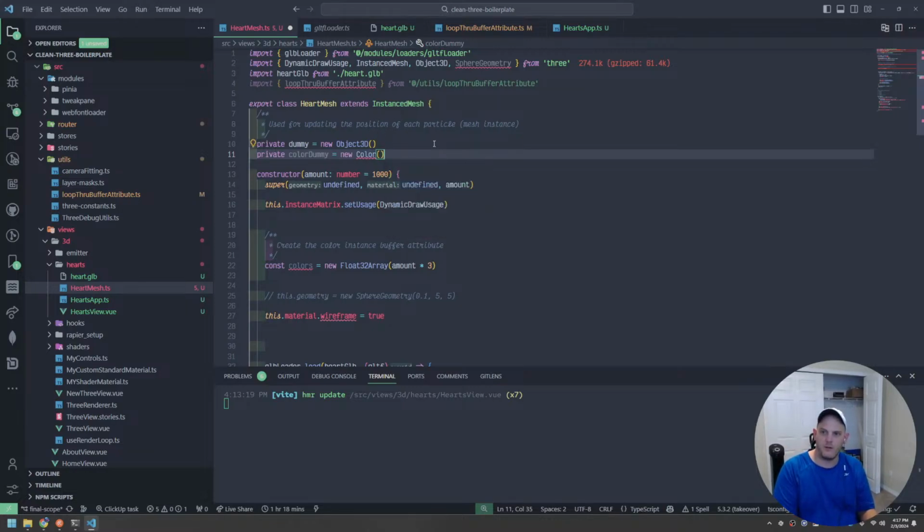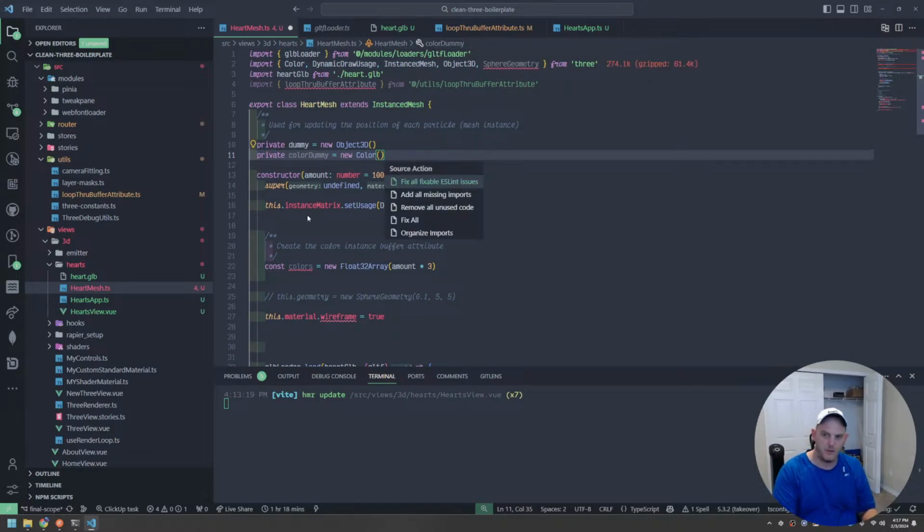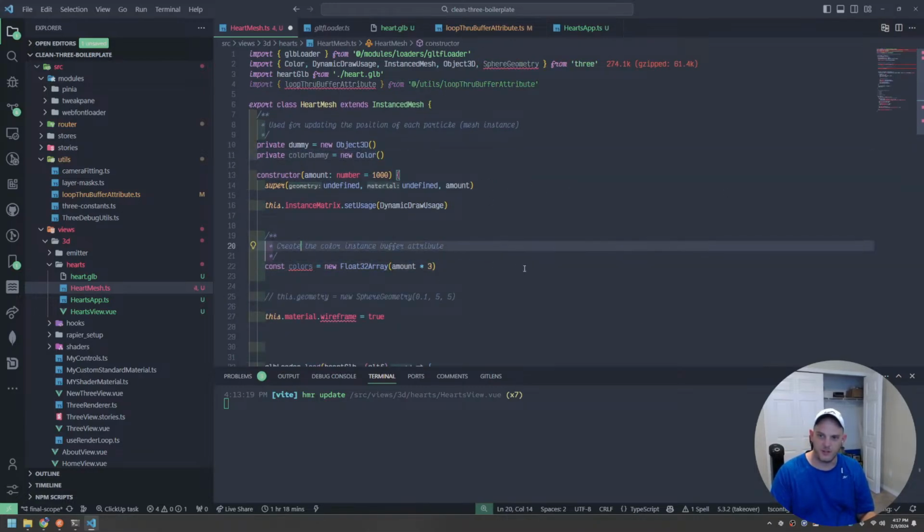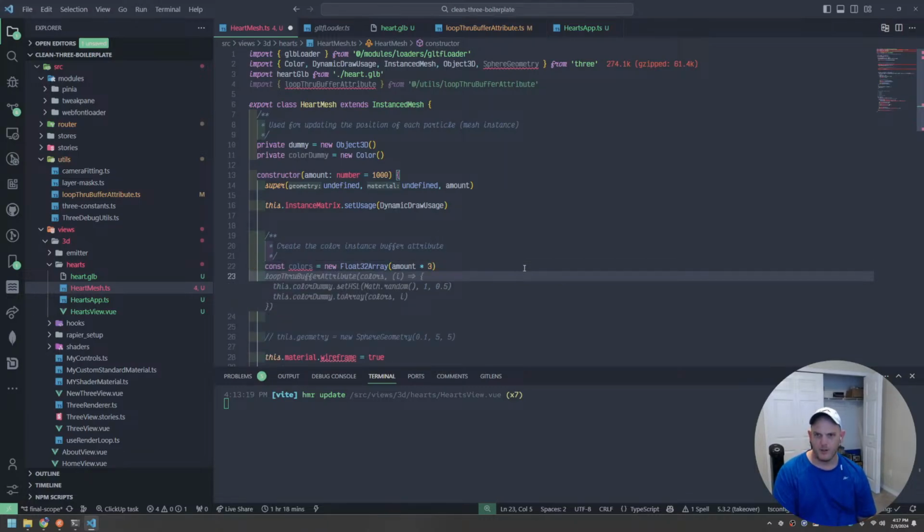Let's go ahead and add the import. It should be coming from three, right? Yeah, okay. Remove all unused. Alright, get rid of my colors thing I was adding. We'll do that later. Okay, so counts colors equals new float, and then we'll say